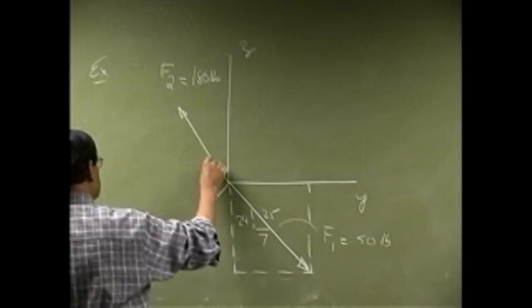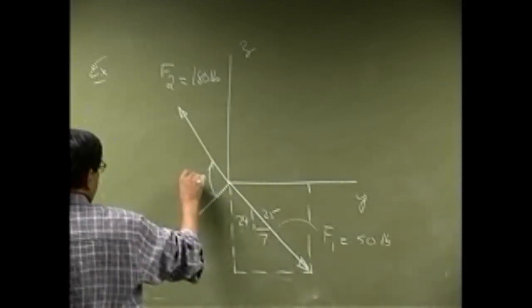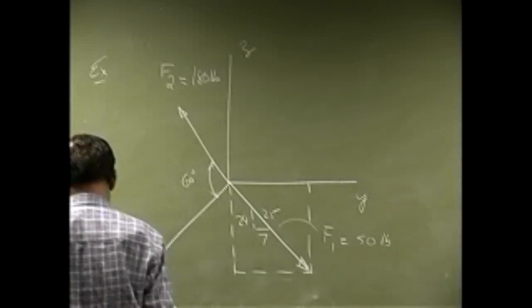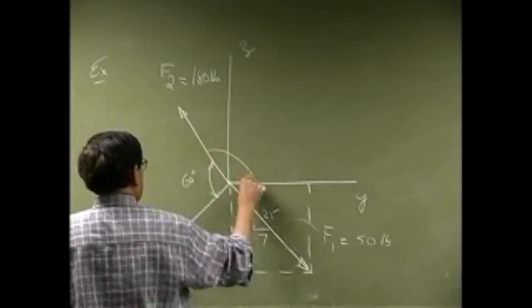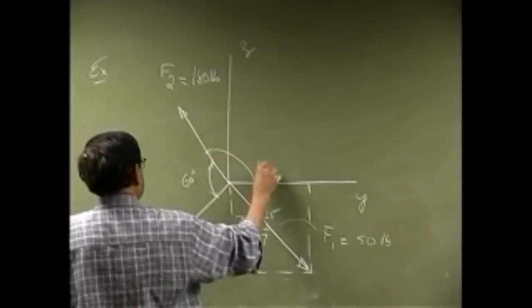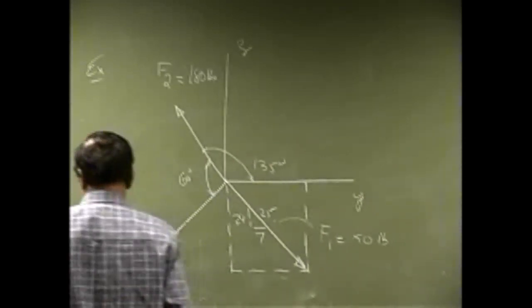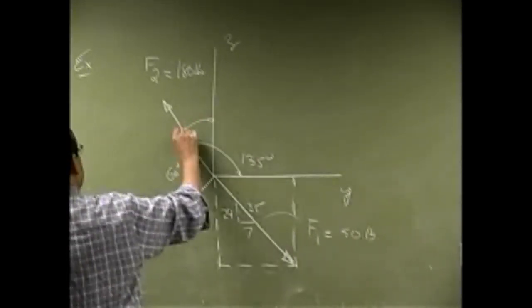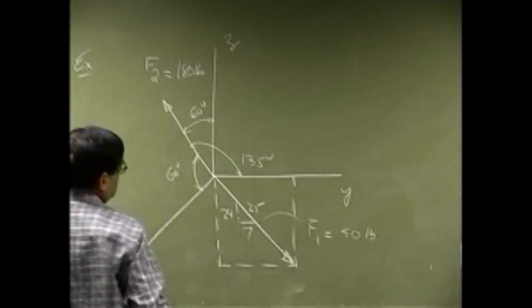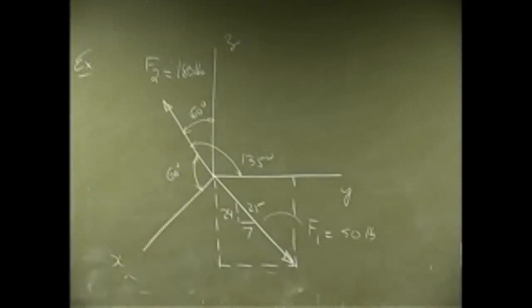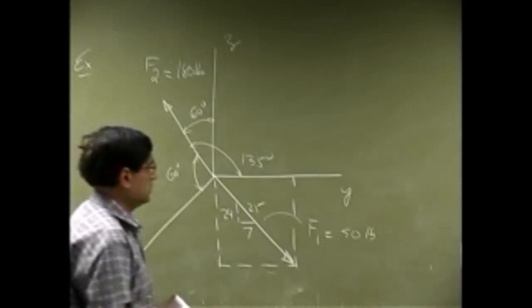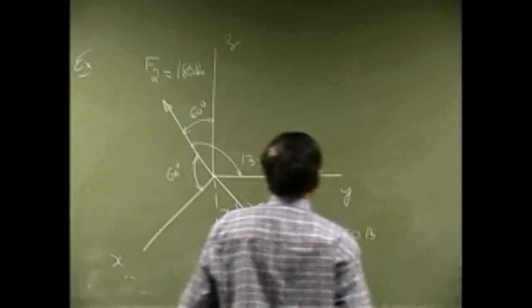Then the angles are given. We have this as 60 degrees. Then we have this angle here as 135 degrees. Then you have this angle here as 60 degrees. These are the three angles given, and the question here is to determine